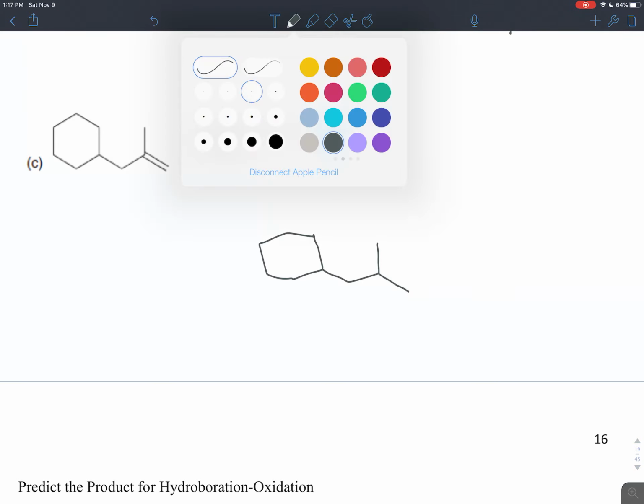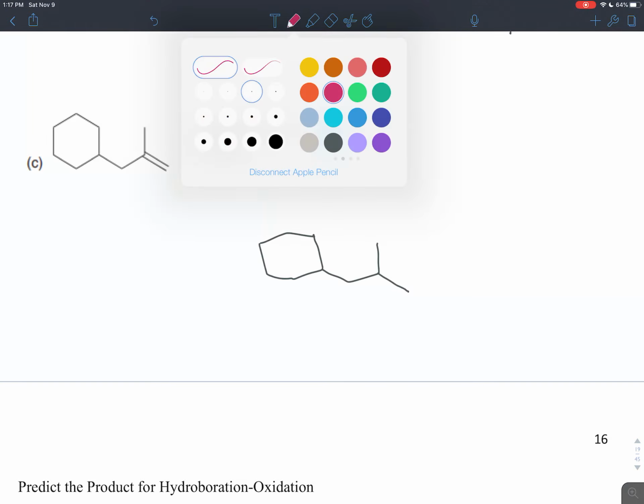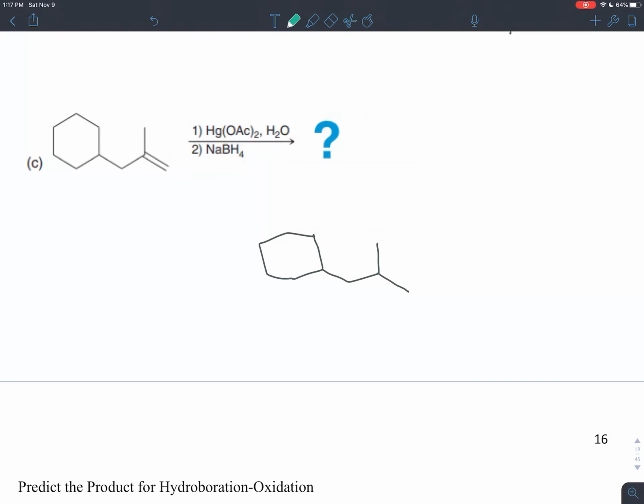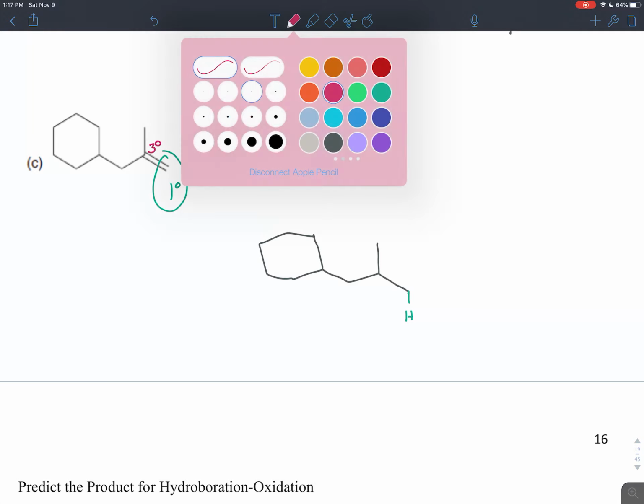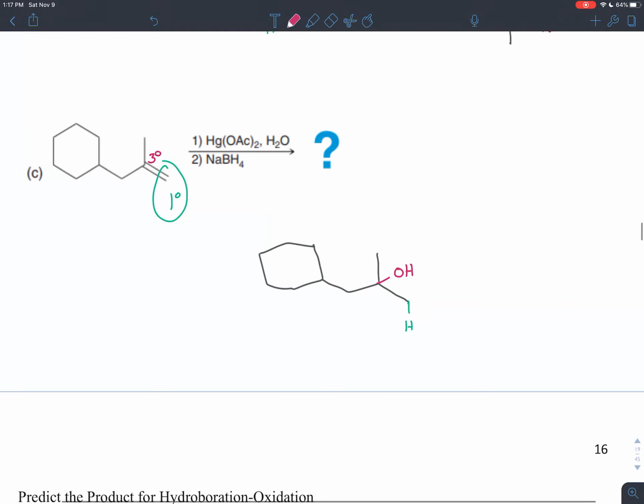And then here, it's Markovnikov addition, so the H adds to the less substituted carbon. This carbon here is only bonded to one other carbon, so it's primary, whereas the other carbon is bonded to 1, 2, 3 other carbons. So that's tertiary. Because this is Markovnikov addition, the H goes on the less substituted carbon. That's there. And the OH goes on the more substituted carbon. And you don't have to worry about rearrangement. And so that would be your product for this